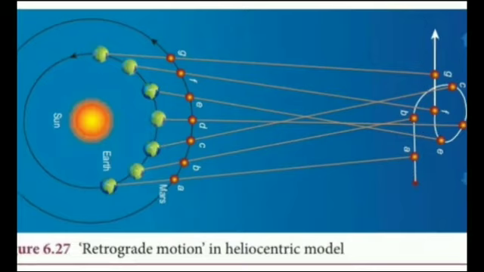This figure shows that the earth orbits around the sun faster than Mars. Because of the relative motion between Mars and Earth, Mars appears to move backwards from July to October. In the same way, the retrograde motion of all other planets was explained successfully by the Copernicus model. It was because of its simplicity that the heliocentric model slowly replaced the geocentric model.